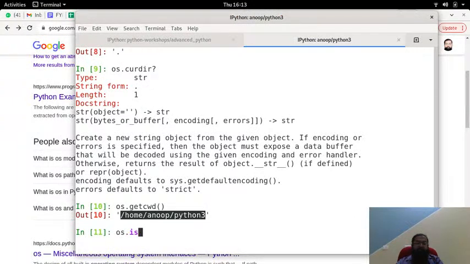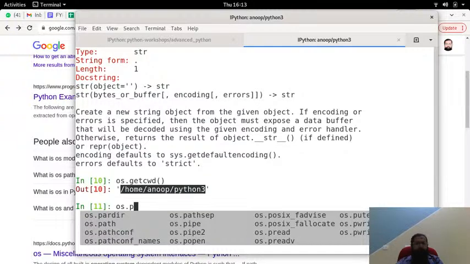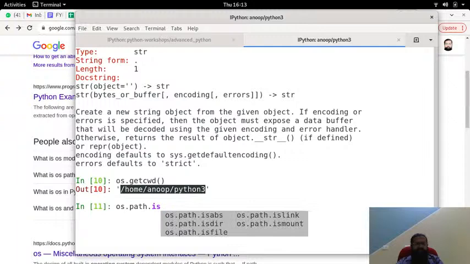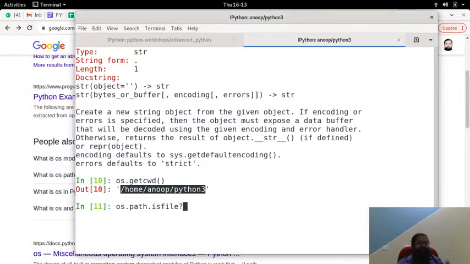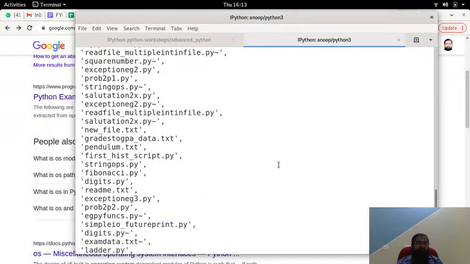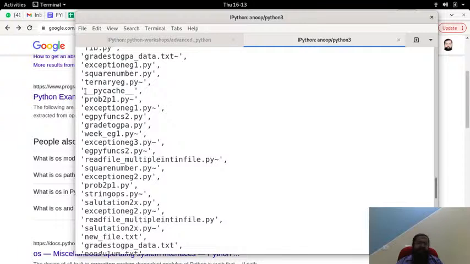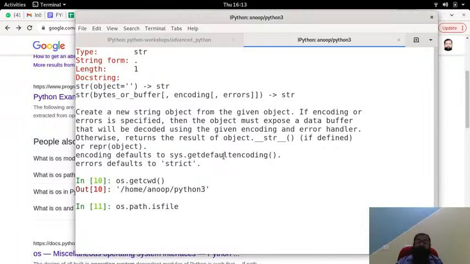Next I have os dot path dot isfile. It's a method, os dot path dot isfile. So I can give os dot path dot isfile, and then I'm going to give this particular thing, underscore underscore pycache. Okay, I know that it is not a file, I know that it is a directory name. So I'm going to give that as the argument to the method isfile, and it is going to give me false because it is not a